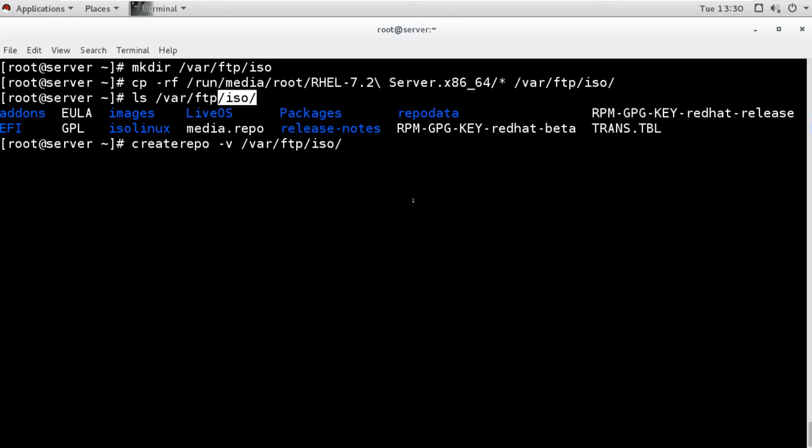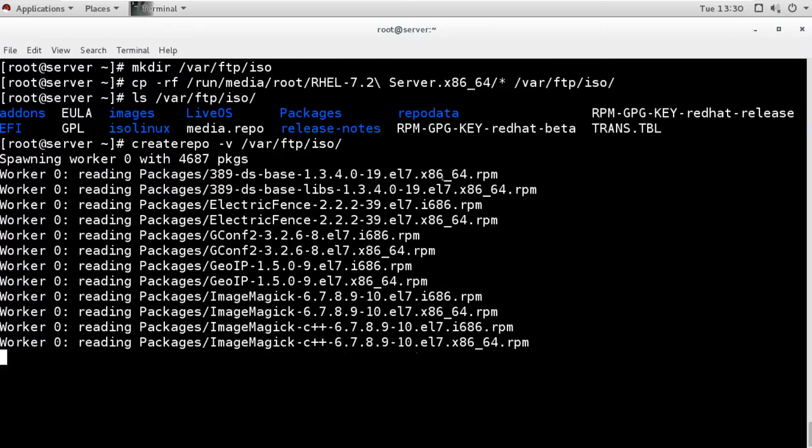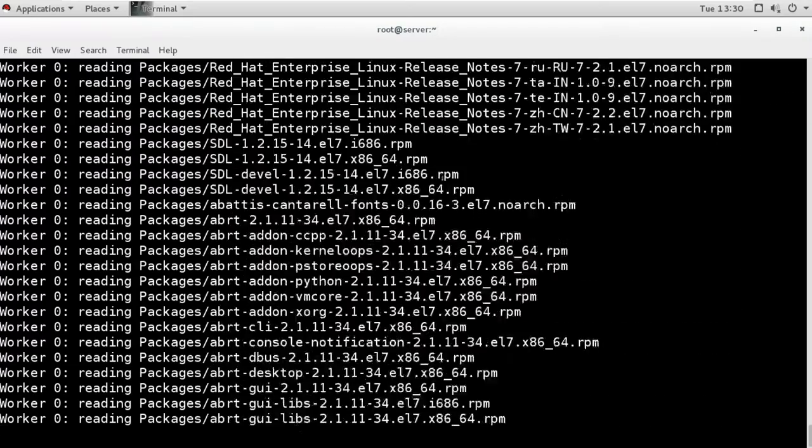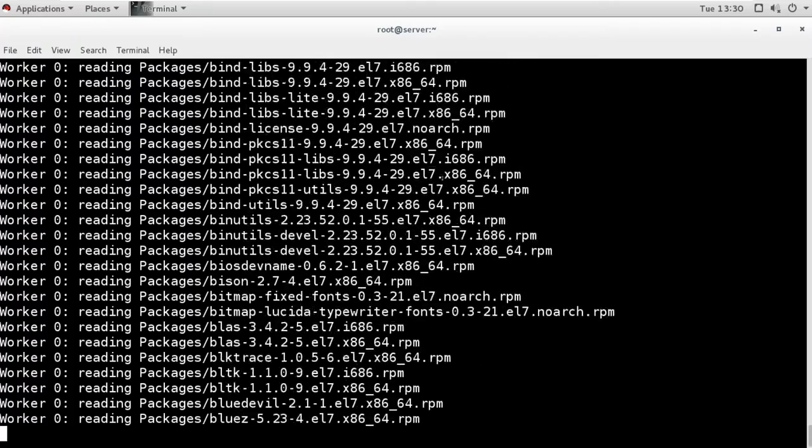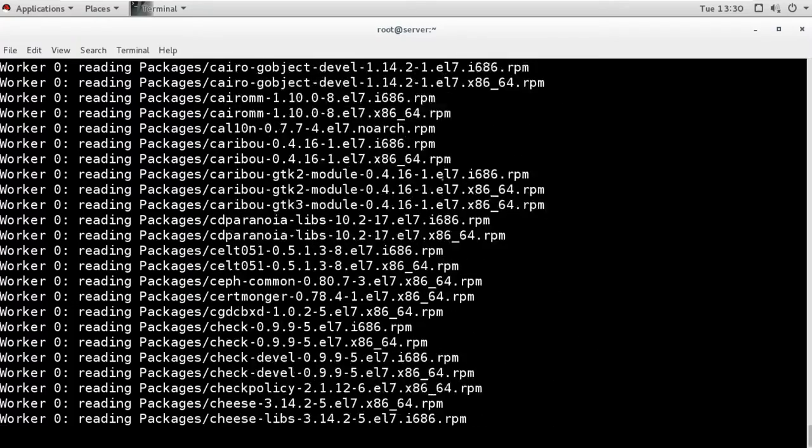Under this directory I am creating the new repository data for the new location. Now it is not under the DVD, it is under this directory, so it will create a new repository here. And you see it is updating the repository with those packages which are available.